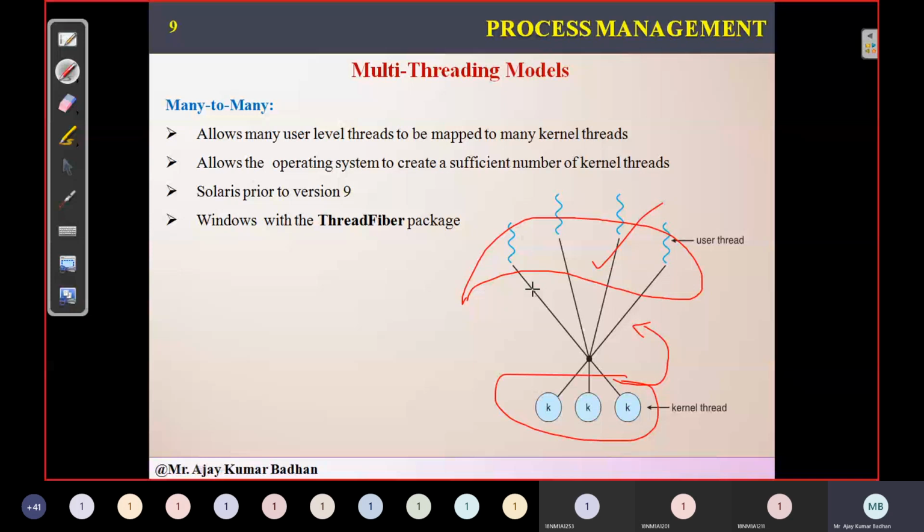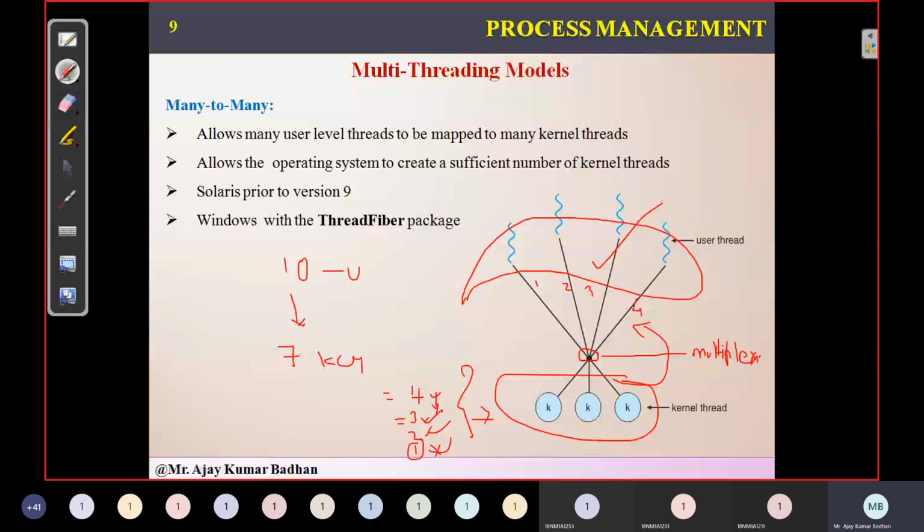For example, say we have user level threads 1, 2, 3, 4. The system can generate either 4 kernel threads or fewer than 4. It will not generate more than 4; it may be equal to 4, 3 or 2. One is not possible because it would become many to one. So for kernel threads it may be 4, 3 or 2. If you create 10 user level threads, then the system may generate 7 kernel level threads. Now these will be multiplexed. This is what we call multiplexing here.